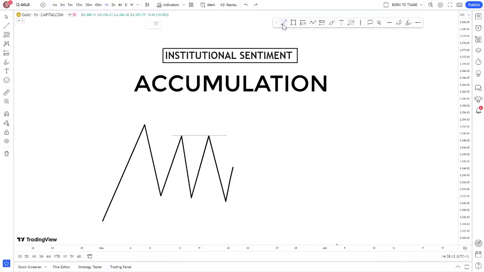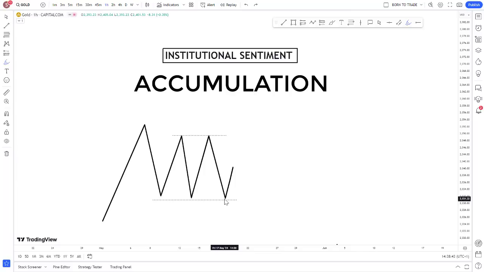This particular low right here is actually going to serve as a support level, where a lot of people are going to pay attention to this particular area, because these lows are actually equal. Now, what we've seen at this area, the price came close to this area. We have the reaction to the upside, we have the retest, and we have another reaction. This is the third time price is returning back to this particular level. And you see, this is what we call accumulation phase in the market.